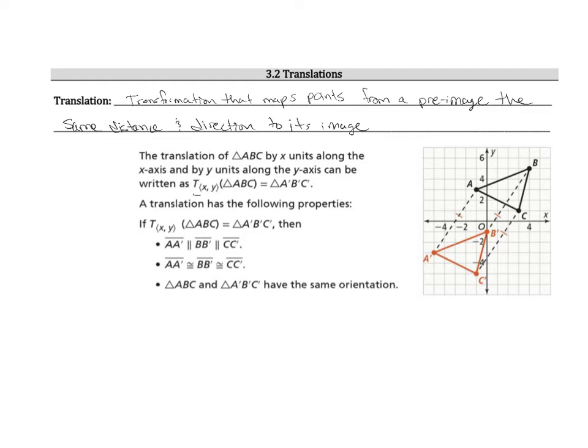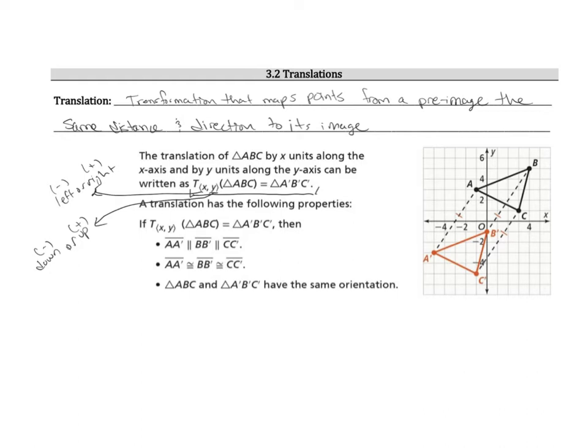So this is the notation we're going to use, right? Your X tells you left or right. Negative is left, positive is right. And then your Y, right, tells you down if negative or up if positive. Okay? So you're translating an X and Y of triangle ABC to get your A prime, B prime, C prime